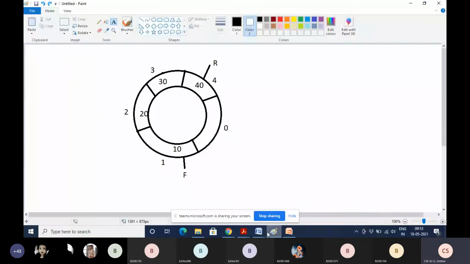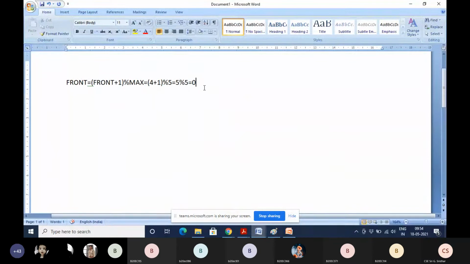Why? If front is pointing to 0, what is front plus 1 modulus max? Front is pointing to 0. What is the value? 1, sir. 1. Is it equal to front plus 1? Yes, 0 plus 1 is 1 only.